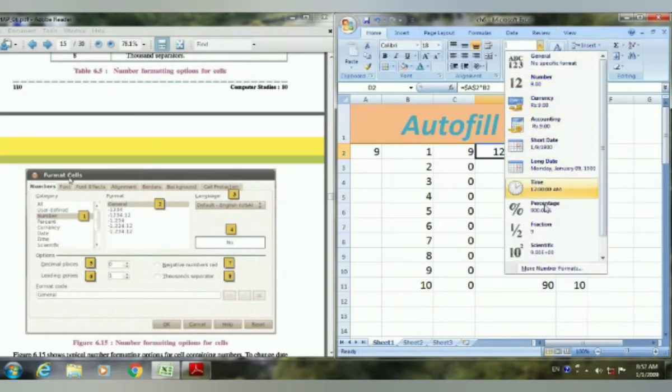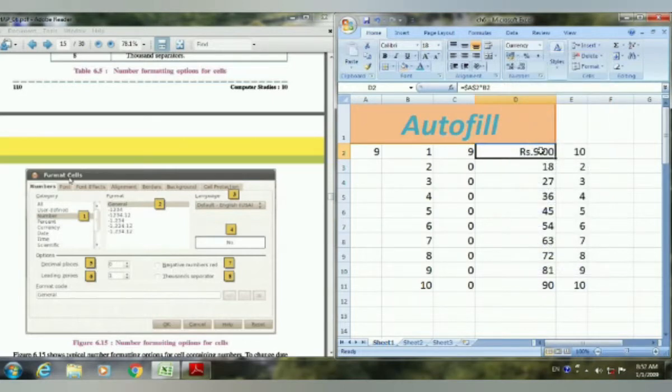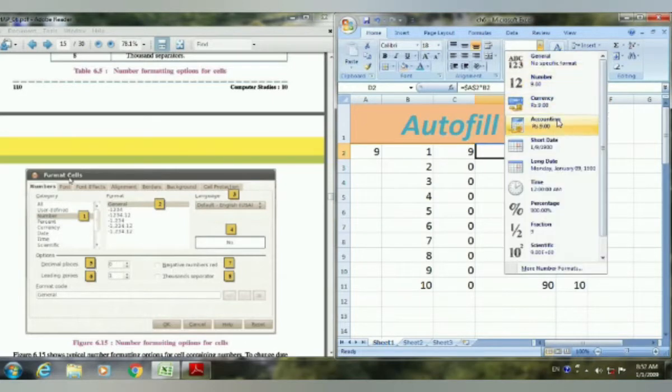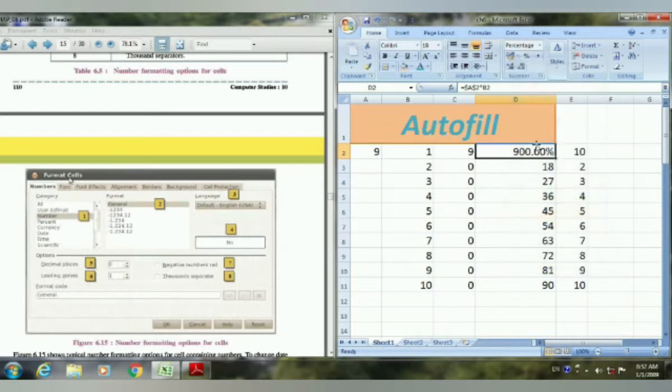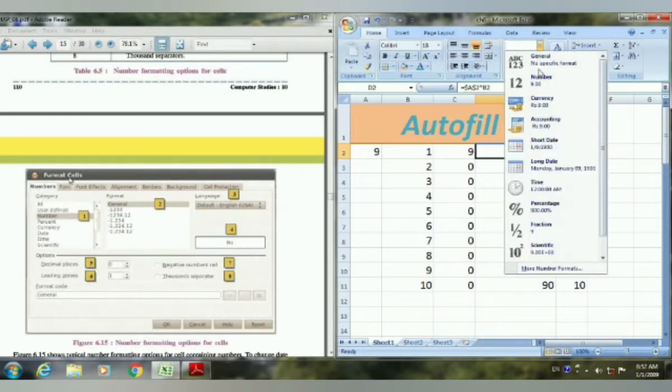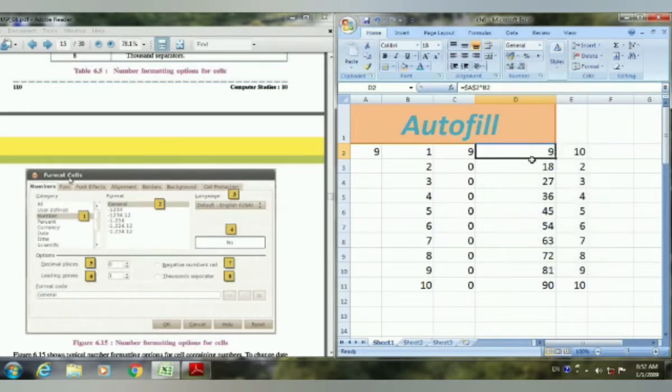If you want to set currency, then first click on currency, then the rupee sign will be typed there. Then if you want to display as a percentage, then the percentage sign will also be there. Change the type as number and general. So 9 will come. Then after, how many decimal places, increase and decrease. First you can increase the number of zeros you want after a decimal number, and if you want to decrease it, then you can decrease it.